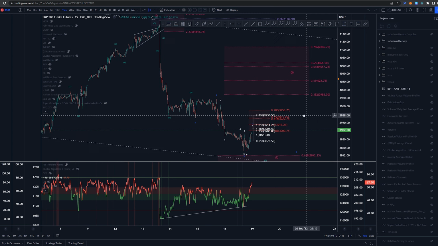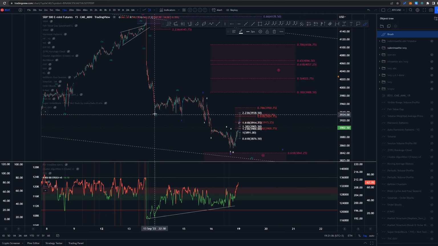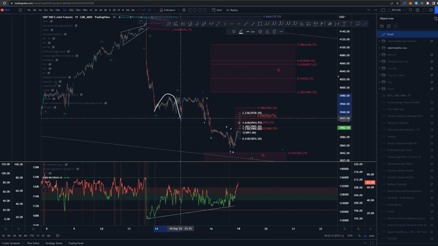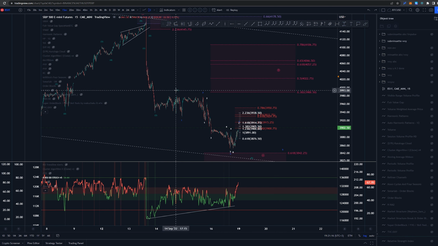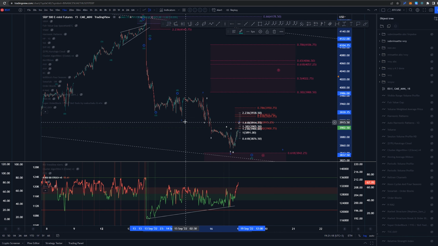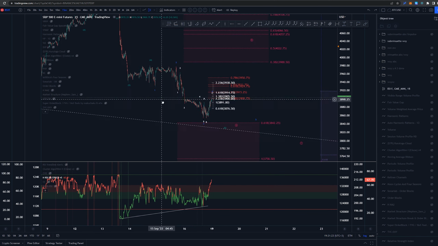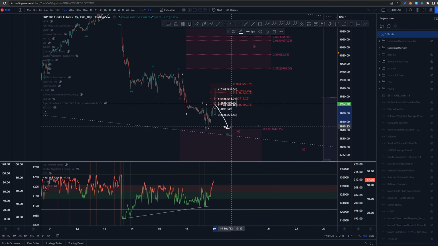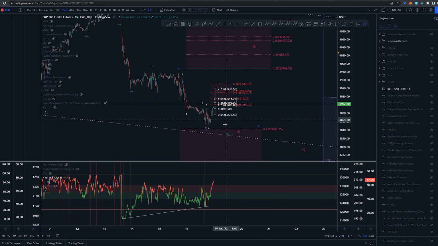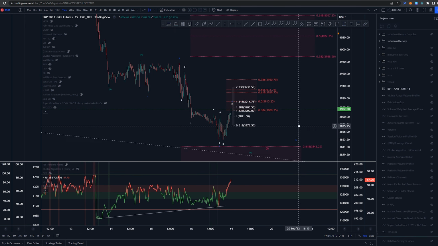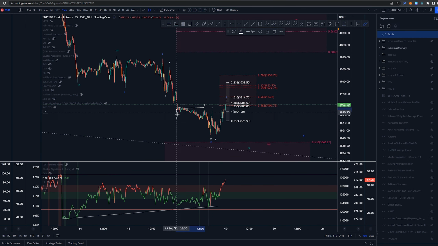I made another post on Discord as well saying that we could have this as a 3-wave structure, another 3 waves, and then this would be another 3 waves. So we would have overall a WXY structure here into the wave 4. At that point we would eliminate one of these wave structures completely, so we don't need to be having another low. That would be one of the explanations that we could have here if we are going to be turning up higher. Now generally, if the price goes beyond the previous wave 4, which in this case is this area here,